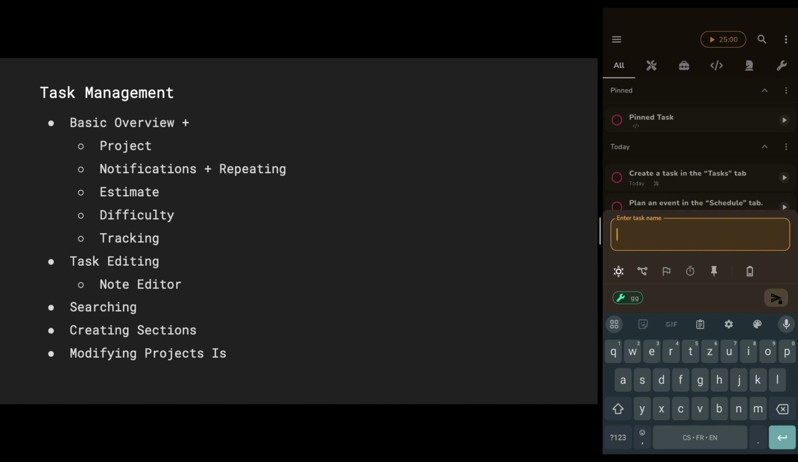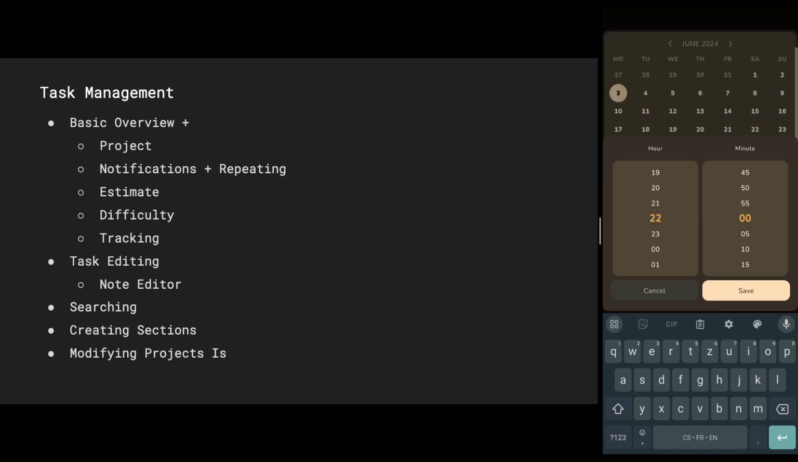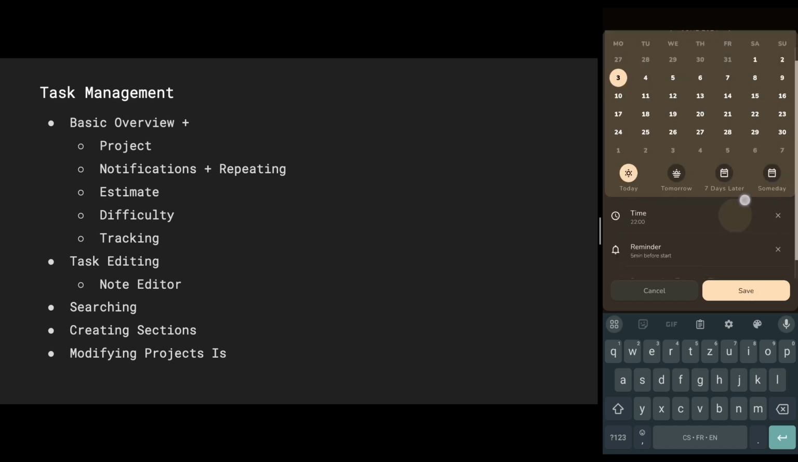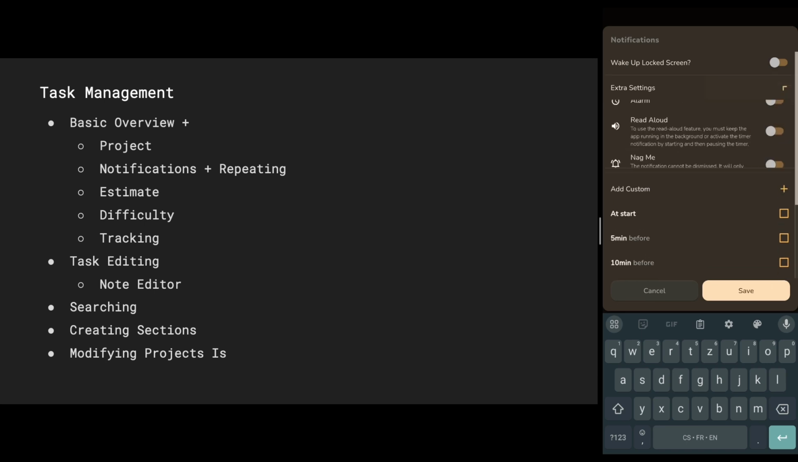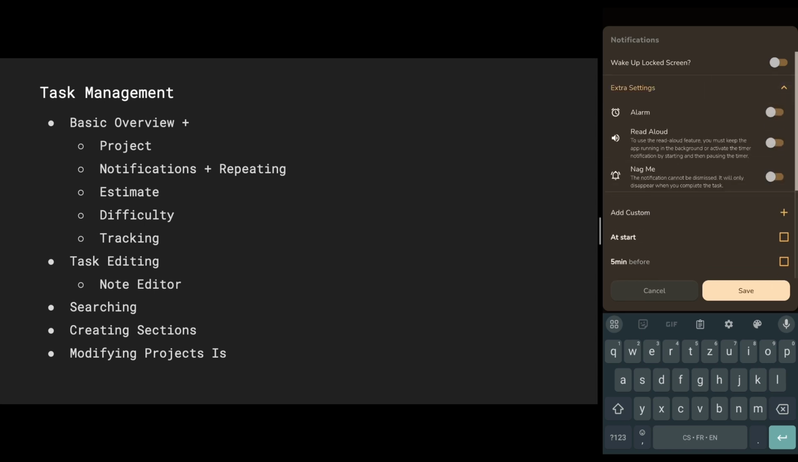Then you can choose a task deadline. When you select the deadline time, it will show you two other options. You can choose from already predefined reminders or add your custom ones. There are also extra settings that you can enable. If you enable alarm functionality, it means that the notifications are going to work as normal alarms. When you enable read aloud, it means that when the notifications are going to show up, the app will read